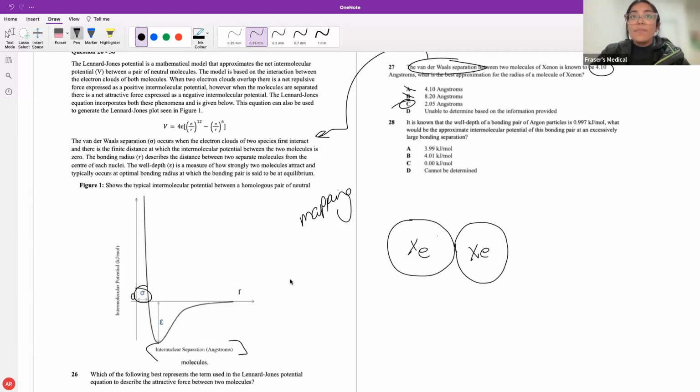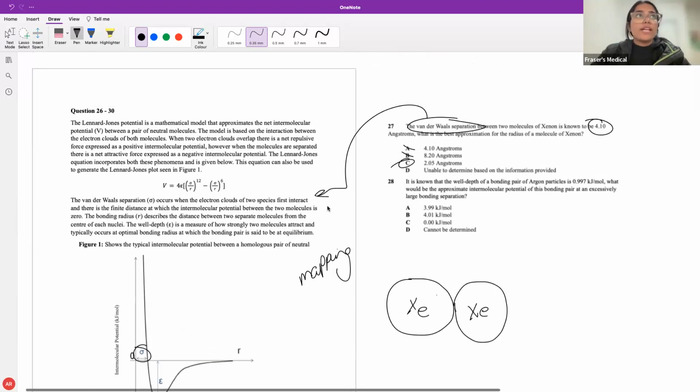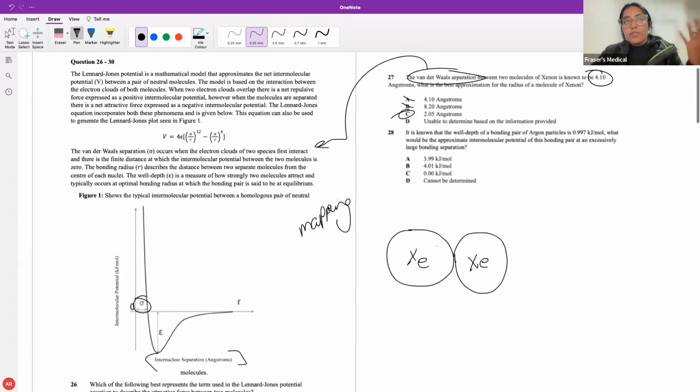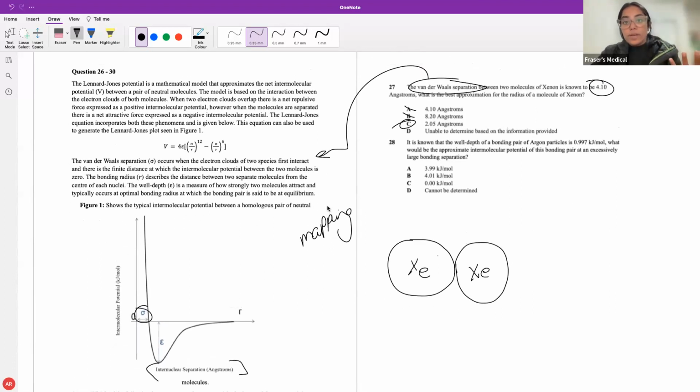So just to recap what we do when we read a stem: have a read of the stem first, have a read of the paragraph, stop, pause, reflect, and think to yourself, what was a major concept I got from that? Write down a 3 to 4 word summary. Move on to the next paragraph, move on to the formula. Have a read, think, what is that saying? But also, what has that now added to the information that I already know from the first paragraph?